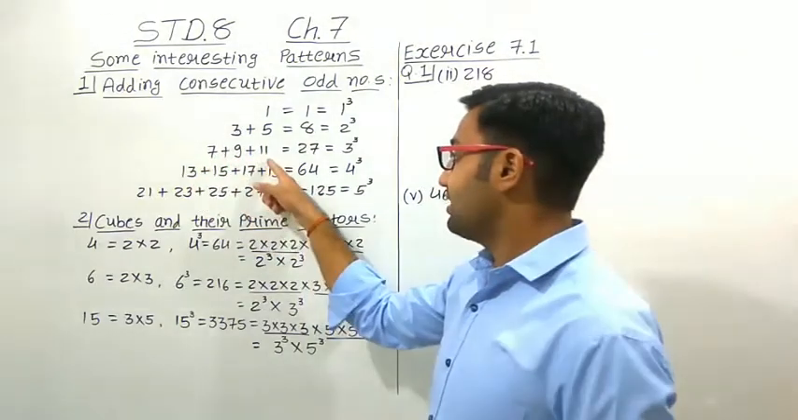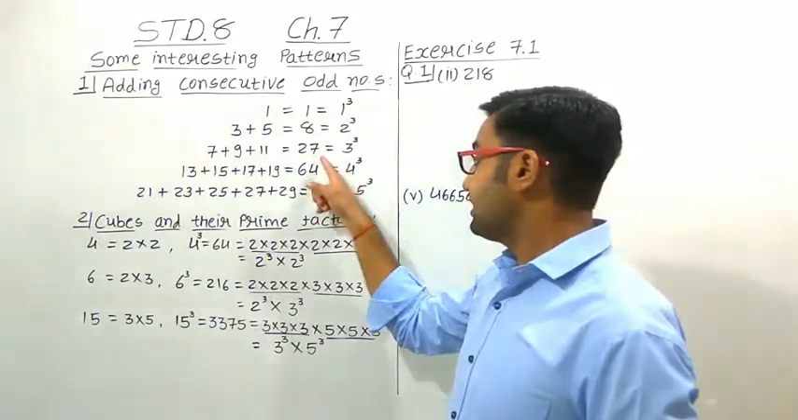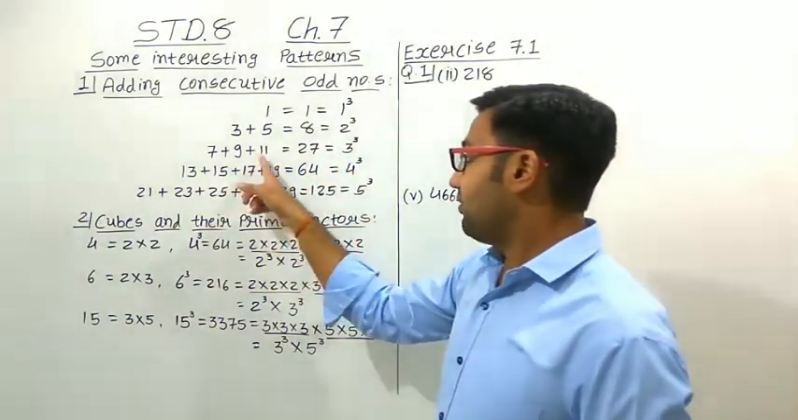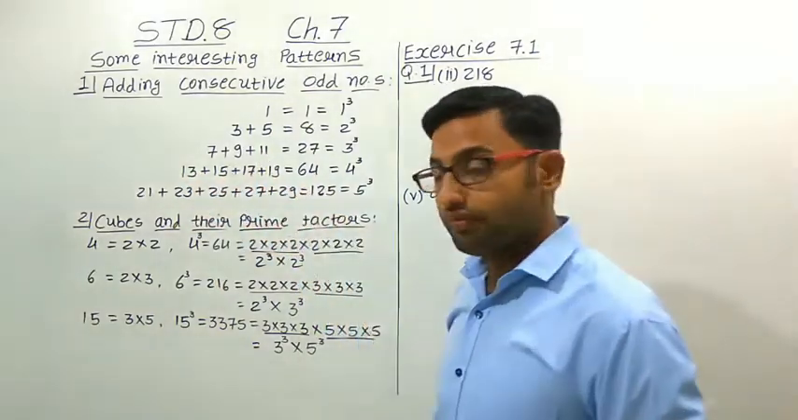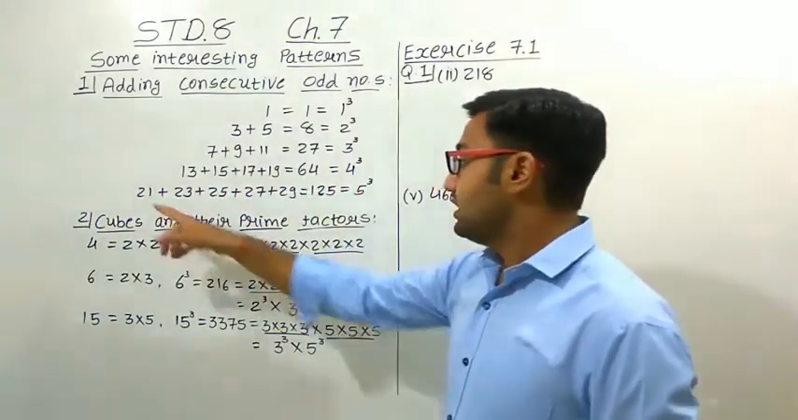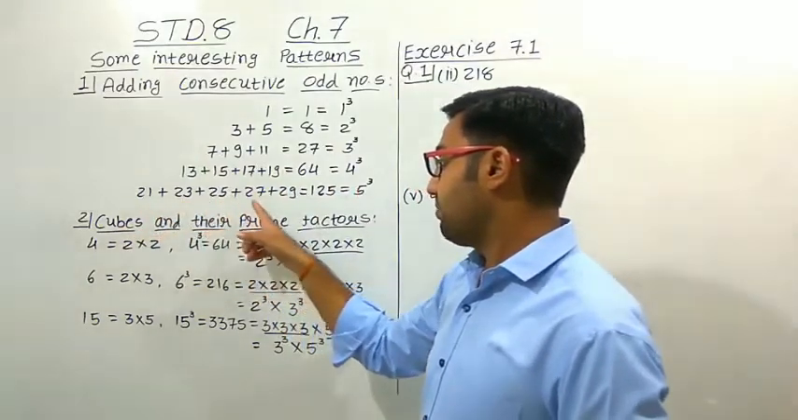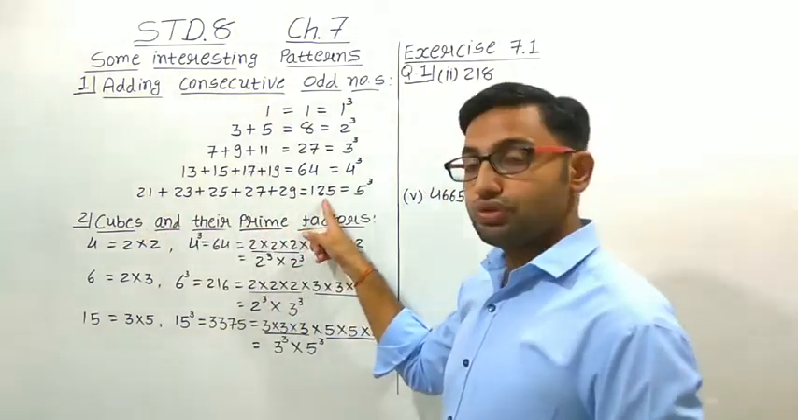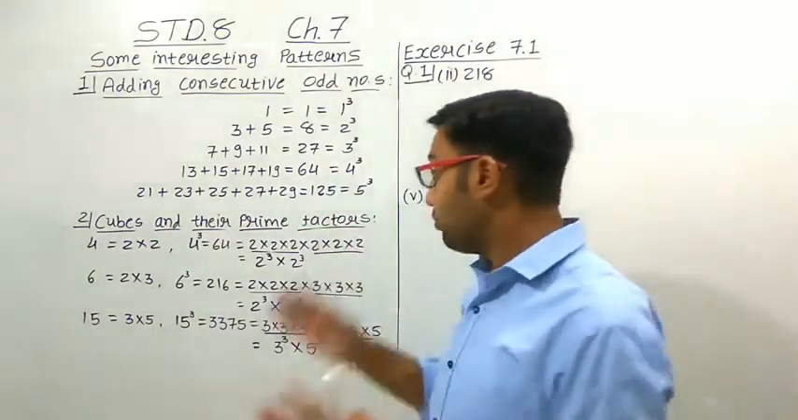When we add these three numbers, we get a total equal to 27, and 27 is the cube of which number? 3 cube. In the same way, after 11, 13 plus 15 plus 17 plus 19 is equal to 64. 64 is a perfect cube, and it is the cube of 4. After 19, 21 plus 23 plus 25 plus 27 plus 29, the 5 numbers, the total is equal to 125. It is a perfect cube and it is the